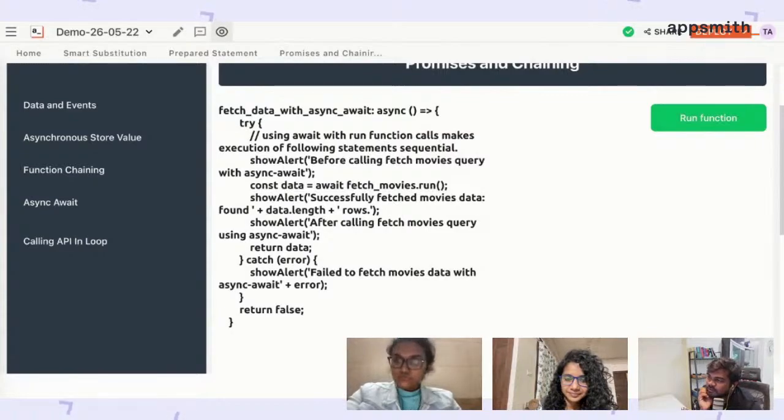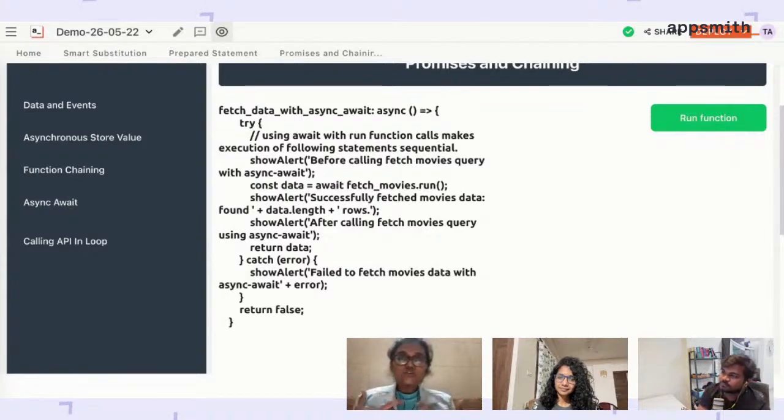Nidhi, just one question. Is there a scenario wherein you would recommend using async await or chaining? I understand that data manipulation is one, but is there a bigger application of this that you can think of? Data manipulation, yes, but whenever you have a lot of logic dependent on, say, multiple API calls,